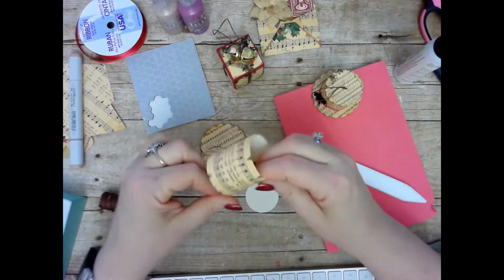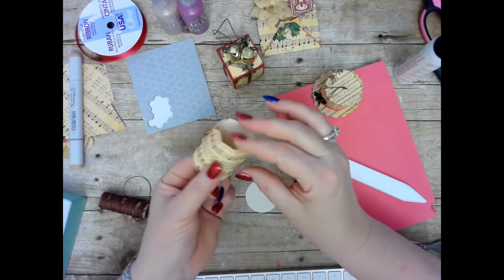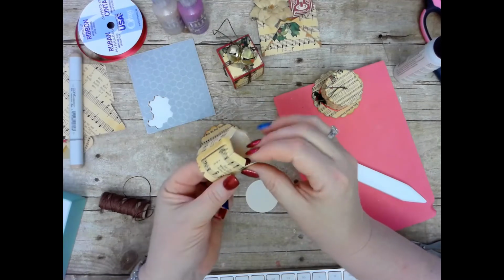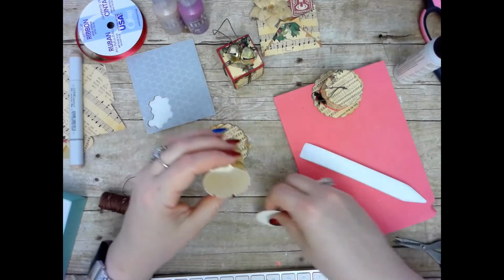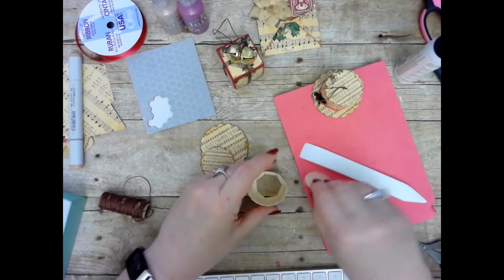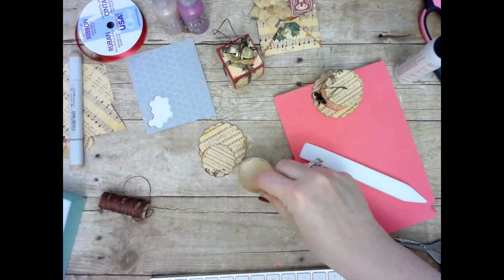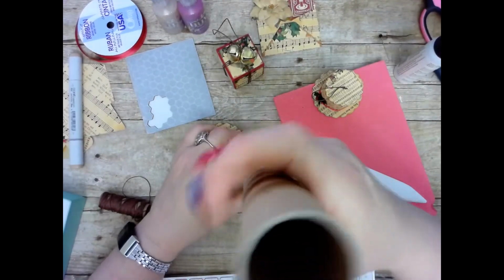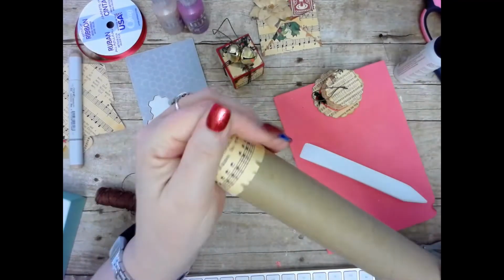Alright, now this should be dry enough, and we're just going to fold our tabs over. You don't have to bend them really hard, just kind of fold them over just to get them going. Okay, and I'm just going to put that just like that, and then I'm going to place this inside, and then take your tube, and it's going to be a snug fit, and this is just going to help press it down and get you that good